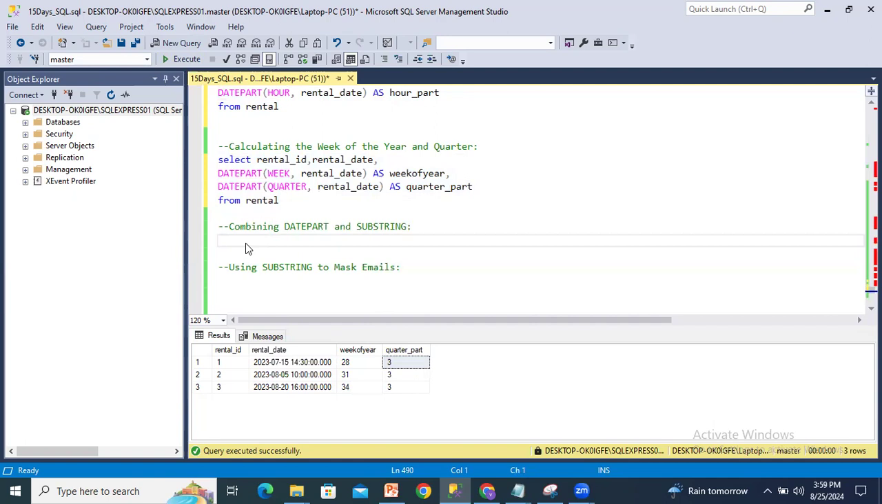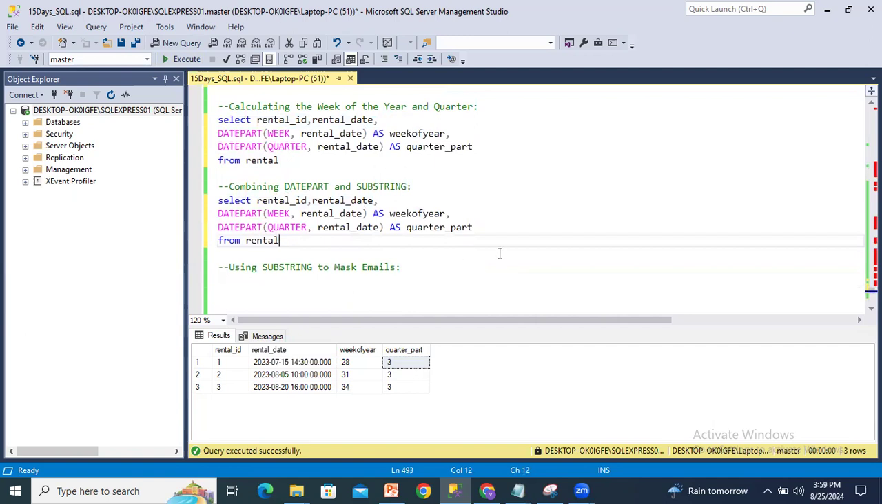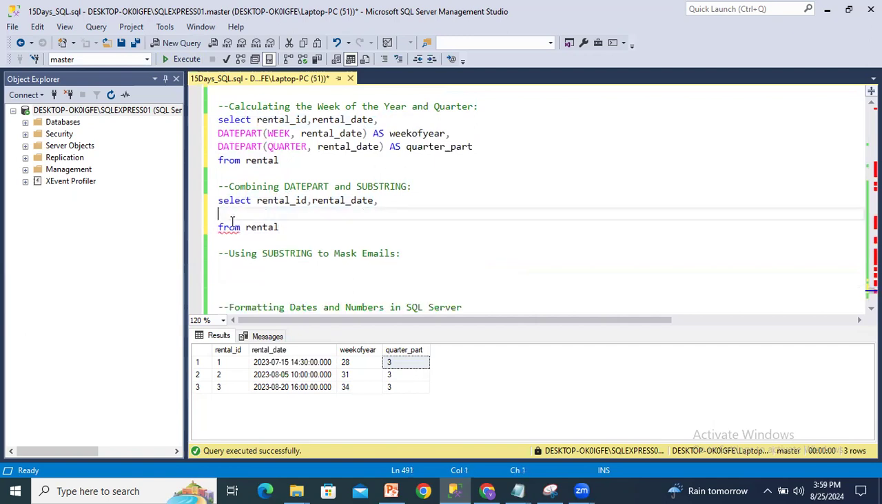Next, let's look into another scenario. I'll copy this one and we'll change it here. I will remove these two things. Okay. Now the scenario is combining date part and substring. So we have to combine both. Okay. So let's look into this one. Substring